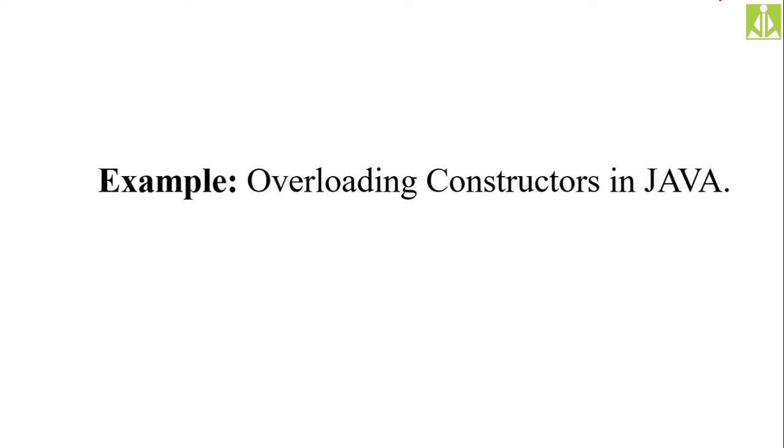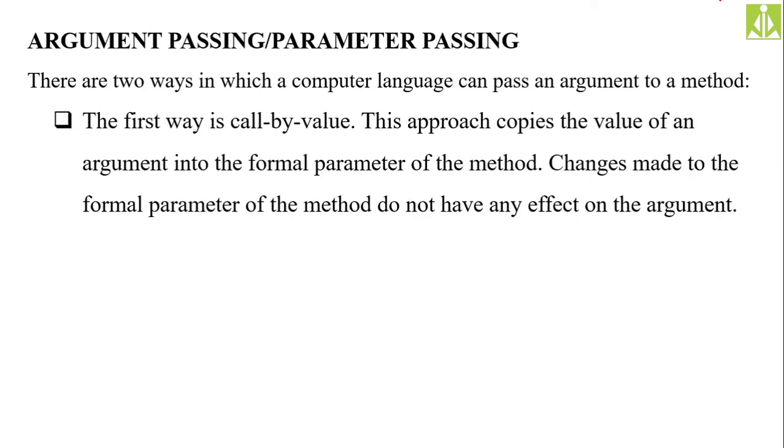Quickly go to our next concept, that is argument passing. Argument passing or parameter passing. Or we can also call it the communication between methods. So interfunction communication we have seen in your first semester in C programming. This argument passing mechanism or parameter passing mechanism is also communication between the methods. This is the same concept that we have studied over there.